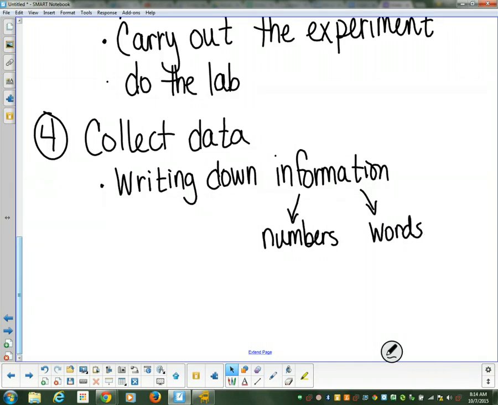And I want to introduce you to a fancy term that scientists use for these different things. When we're talking about numbers, it's called quantitative data, and the words is called